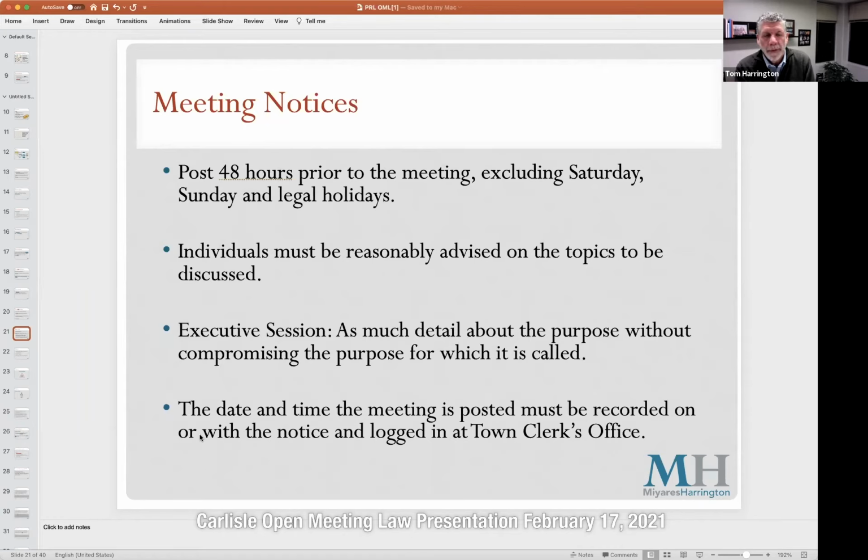Okay, executive session. We need to identify that executive session will be held, and we need to include as much detail about the purpose without compromising the purpose for which it's called. So the classic example: say we're looking to buy land. Say we're looking to buy